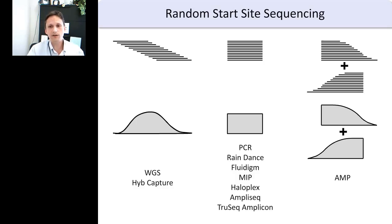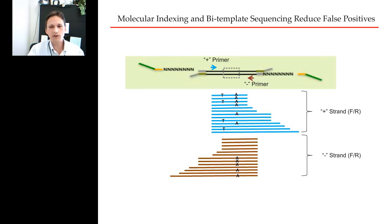You can do error correction using molecular indexing. Standard deduplication techniques work just fine as well. And you can assess the diversity of your library, which is incredibly important for low input FFPE materials that we'll talk about. So I'm going to talk about two things on this slide that I think are an advantage that we've tried to incorporate into the technology. They can obviously be incorporated into other sequencing technologies. I'm not saying it's unique, but we've tried hard to make use of molecular indexing and bi-template sequencing to reduce